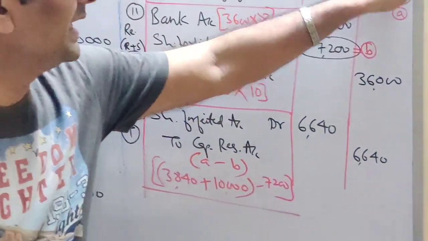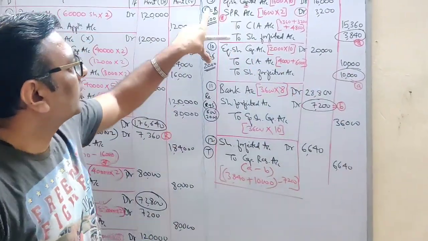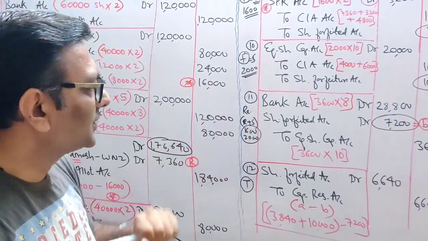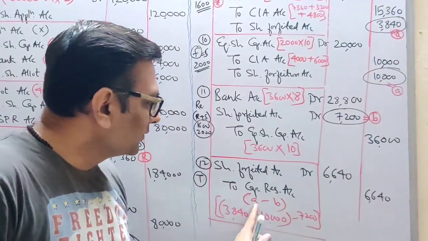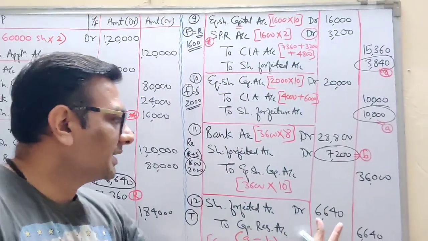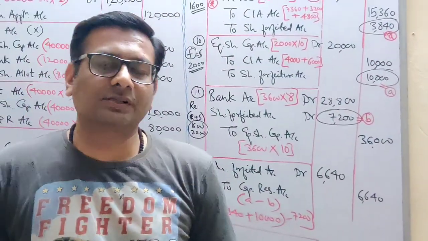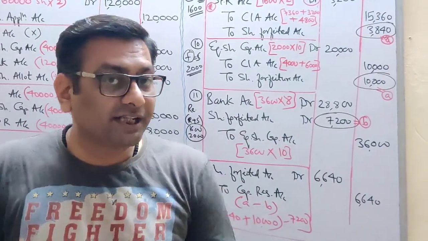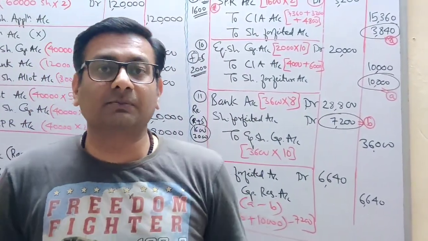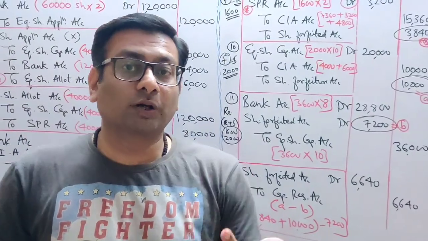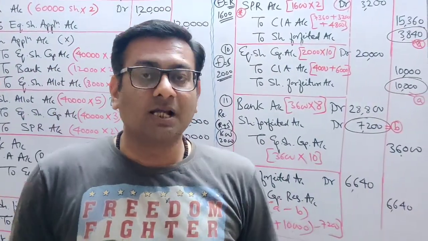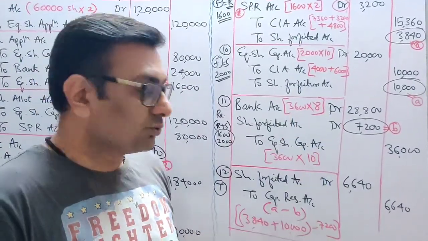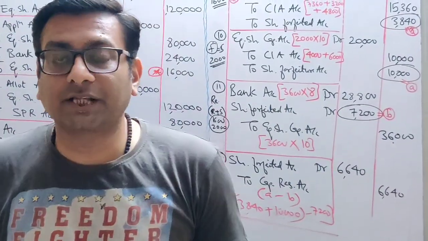Understood why I wrote A for the balancing figure of forfeiture and B for the balancing figure of reissue? Because in transfer you do A minus B and this amount will get transferred to the capital reserve. I hope you have understood how to solve this comprehensive sum. Everything was covered in this sum. Pro rata sum, then there was a working for pro rata ratio, we have made that table, then we also did the personal working note, then forfeiture ka entry, reissue ka, and also this transfer entry. Thank you students.